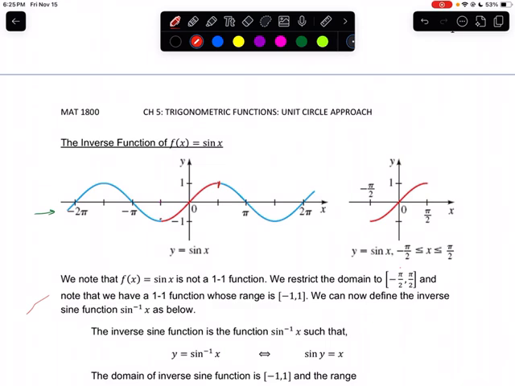So here we are restricting the domain, so we are taking this piece. If you notice, the domain is from negative pi over 2 to pi over 2 and the range is between negative 1 and 1. Here on this picture it is given separately. It should be like this. So it's just this much piece, and all the domain values are from negative pi over 2 to pi over 2, and the range is negative 1 to 1. Okay,